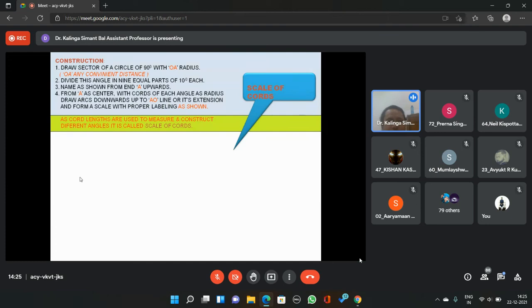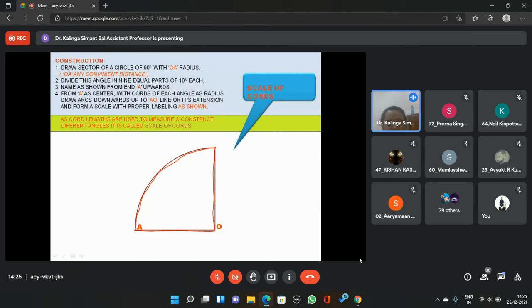Now what we do is a very simple step. We take a distance OA. We make a line OA, an arbitrary line distance OA, and draw, using O as center and OA as radius, a circle, a quadrant of a circle, completing it by joining this end to this end.